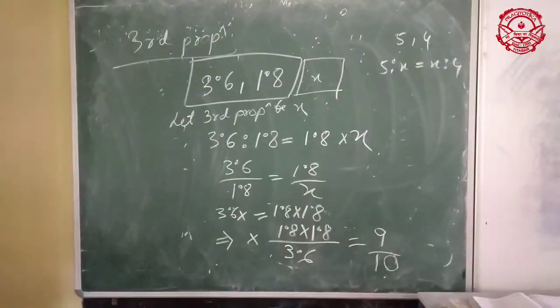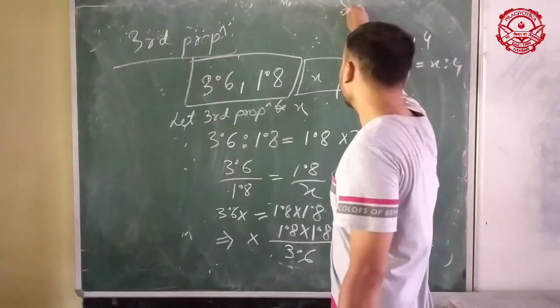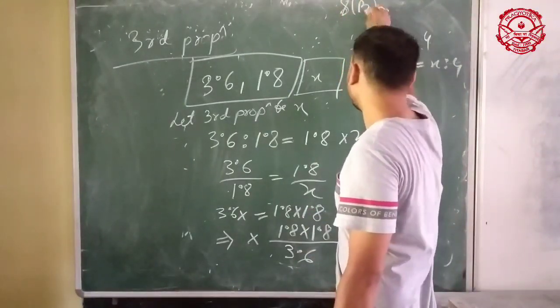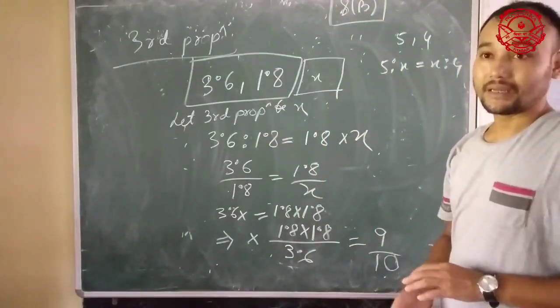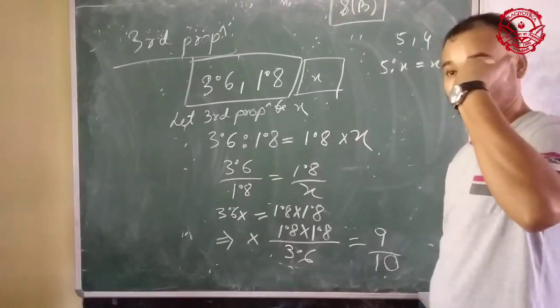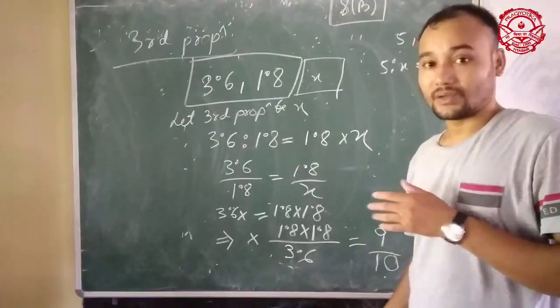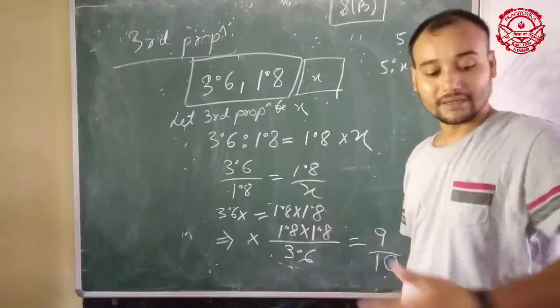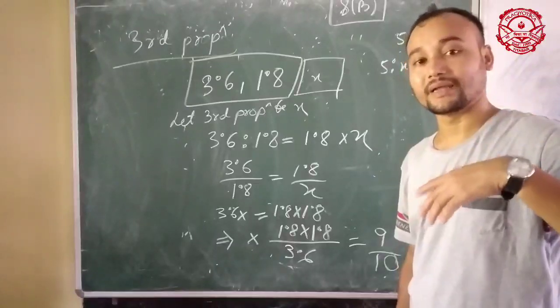These are different types of examples that are given in your book. I will move on in my next video, not now. In my next video, I will move to exercise 8b, and I will try to complete the entire exercise in a single video. So it is better for you to see this. After seeing the video, open the book and practice one time, two times by yourself. In that way, you can get clear.